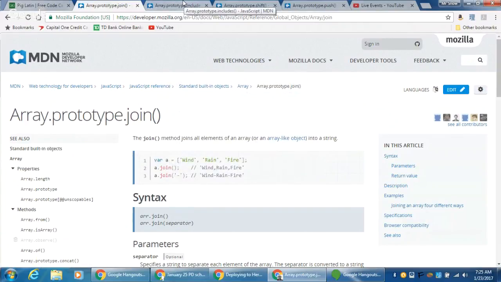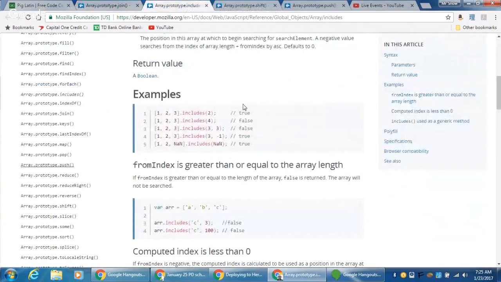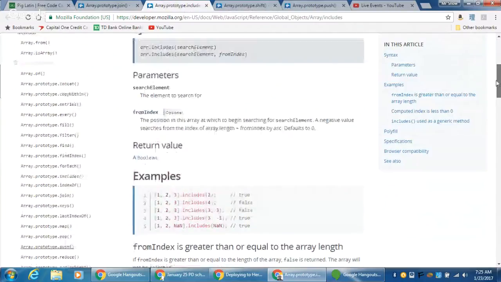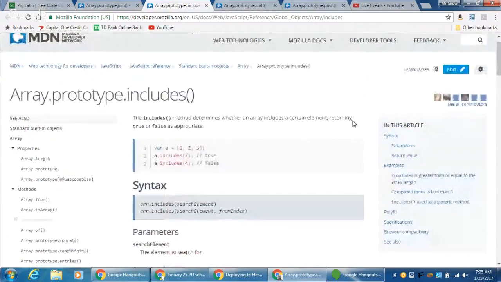Some new things that we're going to be using today, we have includes. Now includes gives us a true or a false. So includes is a method that determines whether an array includes a certain element, returning true or false. So this is a really good test, because we want to see, does it include